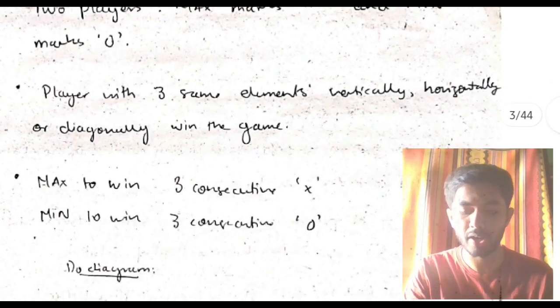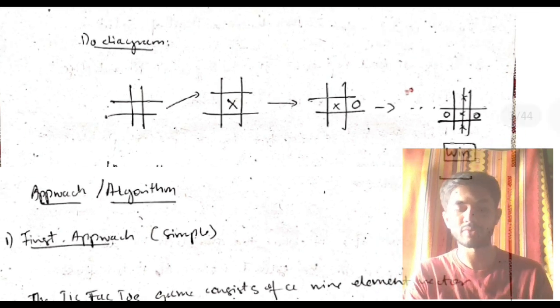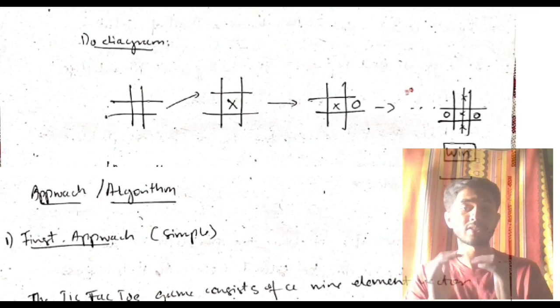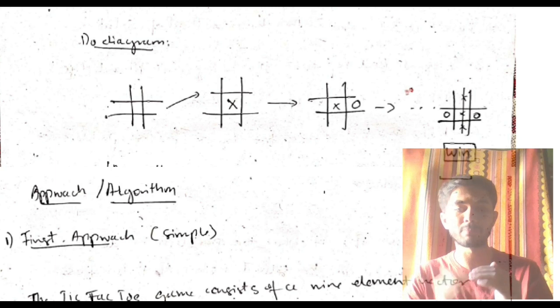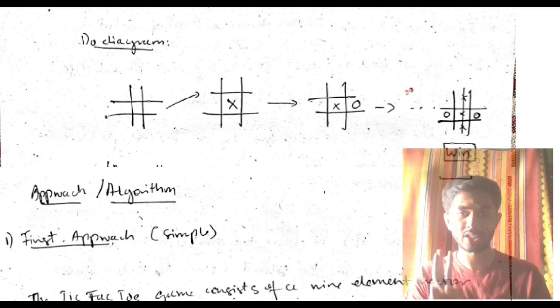Okay, don't just learn the stuff by heart. You'll be representing this by a diagram, when you will be winning, when you will be losing. After I've written this one, then you will be saying how do we implement it using AI, artificial intelligence. For that we have how many approaches? 3 approaches, as I told you.